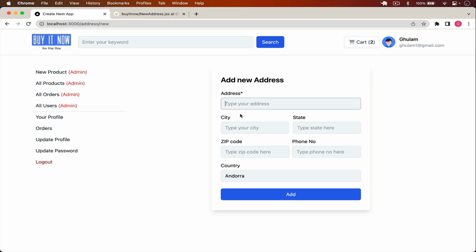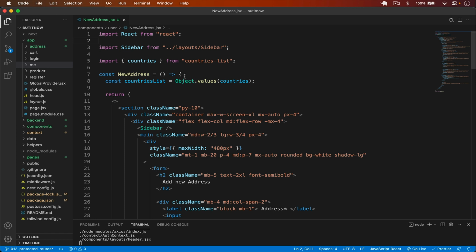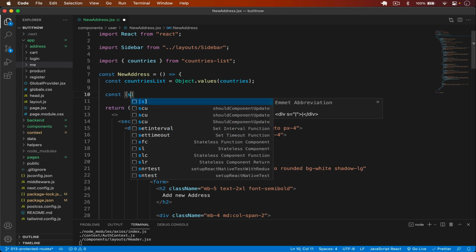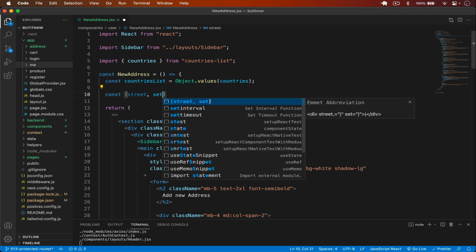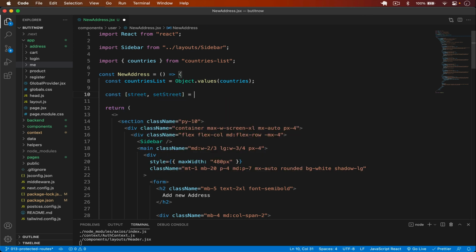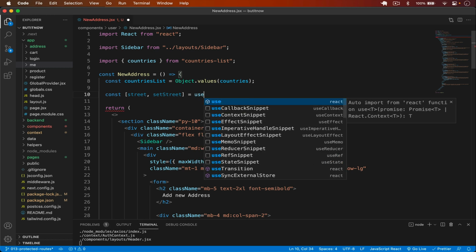So now we have to type in here our address, city, state, zip code, phone number, and then the country. Okay, so I will create here the state variables for all these fields. Okay, so street, city, state, zip code, phone number, and country. Let me type that here quickly. So const street, then set street, that is going to be use state,